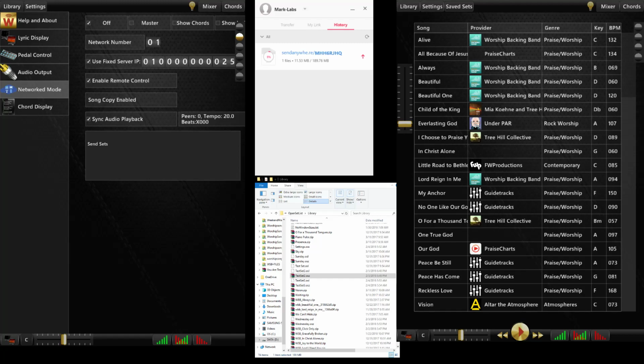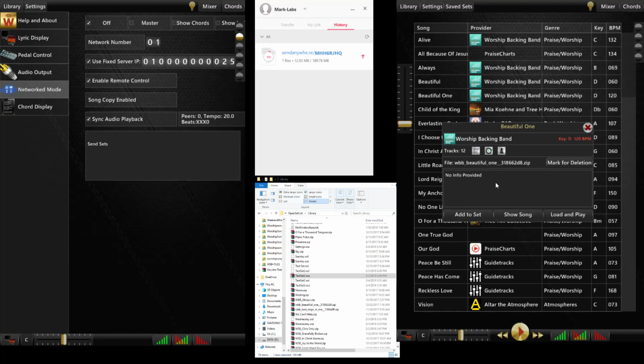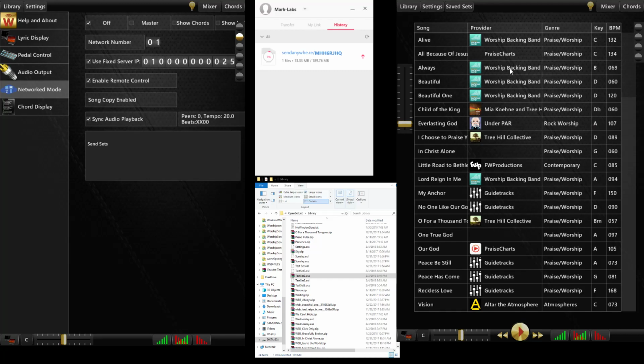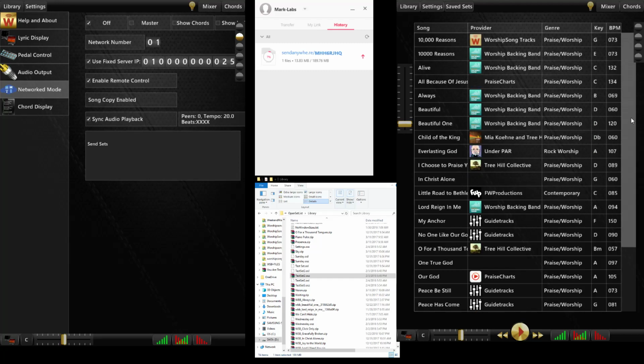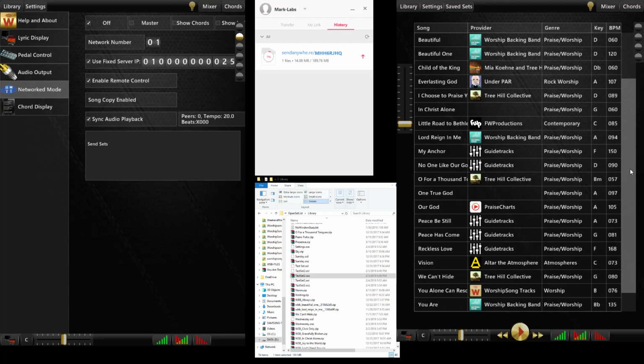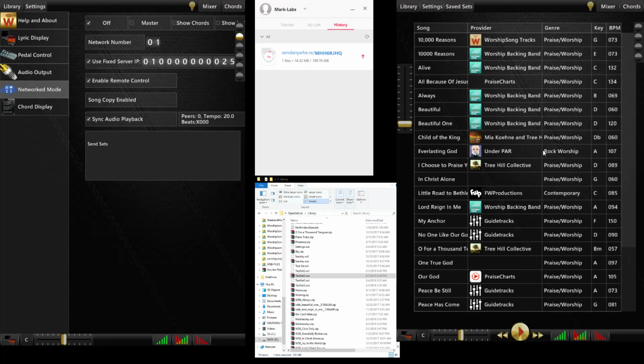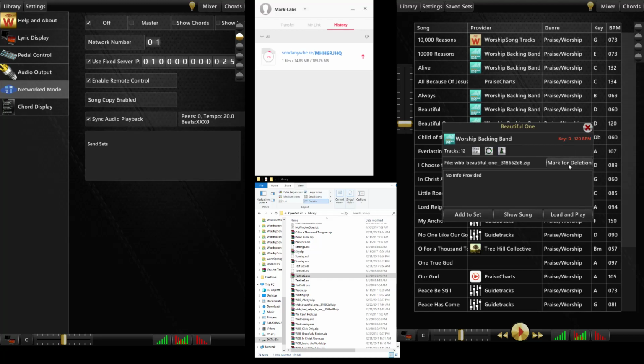Actually, there is one more thing I'll show you, and that's this. On each platform, when you're not in network mode, you see this mark for deletion button over here. And the reason that's there is, obviously, if you are using Worship Song Band over any length of time, your library is going to get pretty big because you're constantly copying sets into it and so on. And so what this feature does is you can basically go through your library and click mark for deletion,